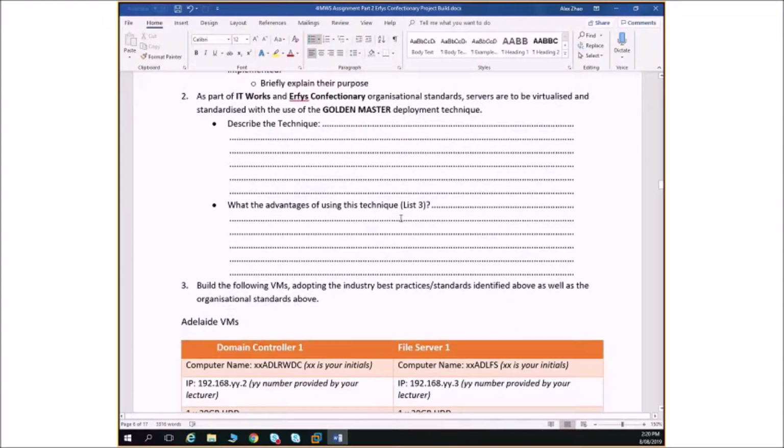That's one of our IT Works best practices, or our methodologies or policies, should we say. If you work for IT Works and we're going to build virtual machines for our clients, we're going to use a technique called Golden Master. Okay, if you don't know what Golden Master is, it's effectively a template virtual machine. If you were working with Hyper-V or ESXi vSphere, there would actually be template objects you can create in